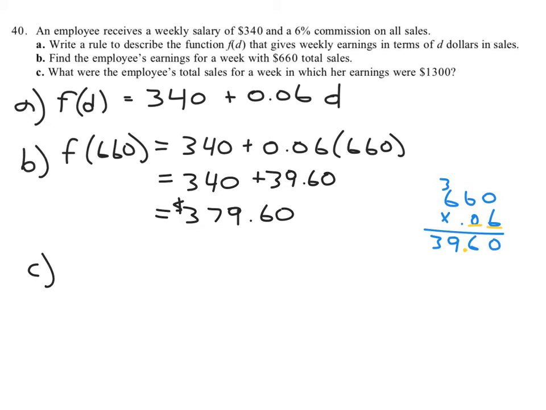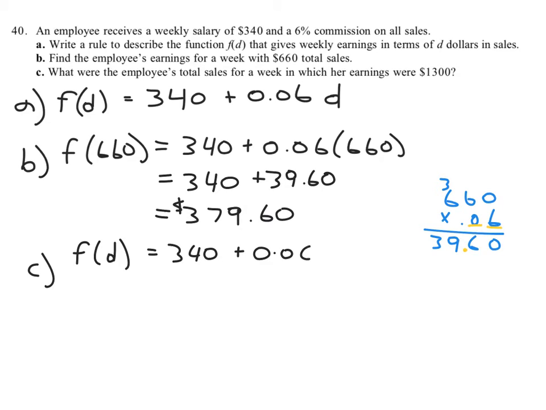Okay, that's how much they make if their sales were $660 in a week. And finally, C: what were the employee's total sales for the week in which her earnings were $1,300? Now we're not replacing d, the total sales, we're trying to find that out by replacing F of d with the result. So I'm going to take the original function, F of d equals 340 plus 0.06d,